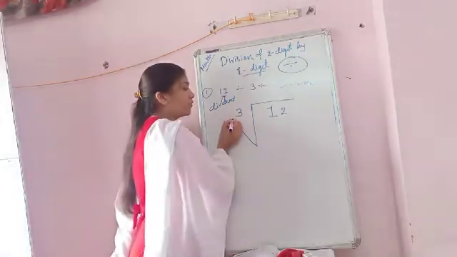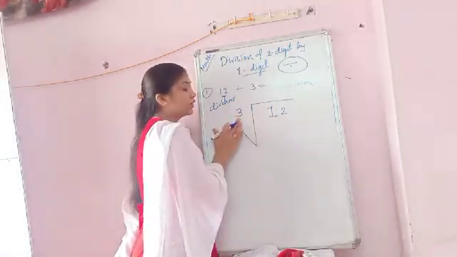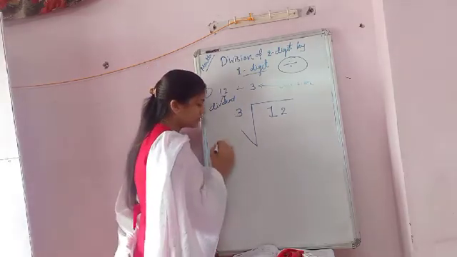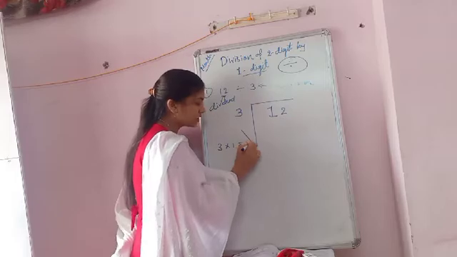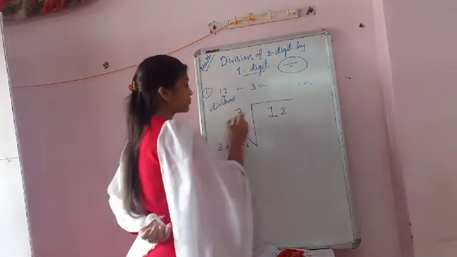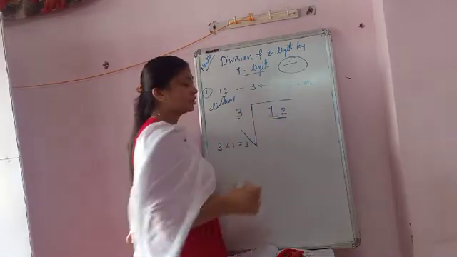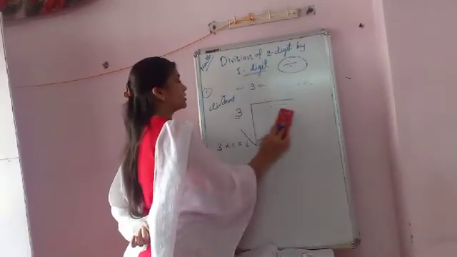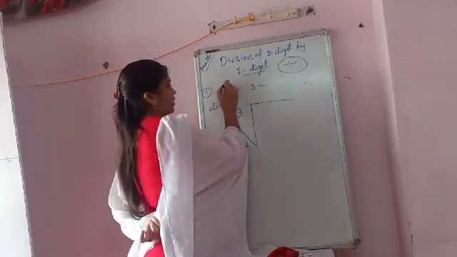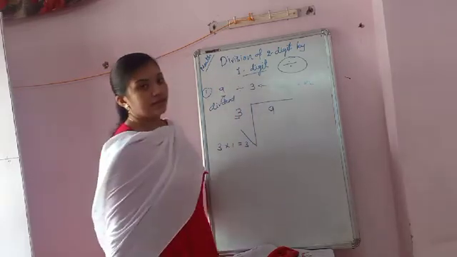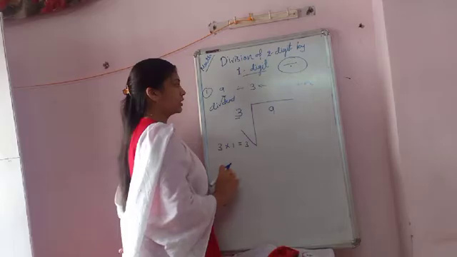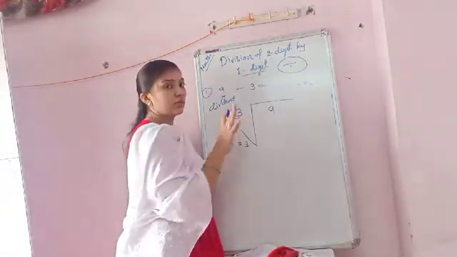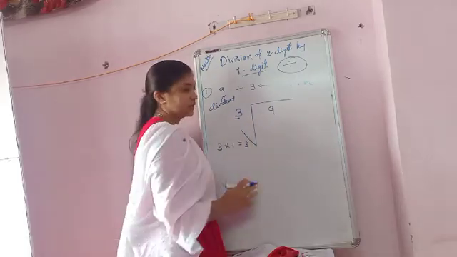So first of all, we have to divide 12 into the 3 groups. So we have to take the table of 3. So I am starting: 3 ones are 3. Yes, one more thing. Here there will be a 3. Here there will be a 12. First I am taking an example of 1 digit by 1 digit, means 9 divided by 3. I am not taking directly 2 digit by 1 digit. First 1 digit by 1 digit. So 3 here, 9 here.